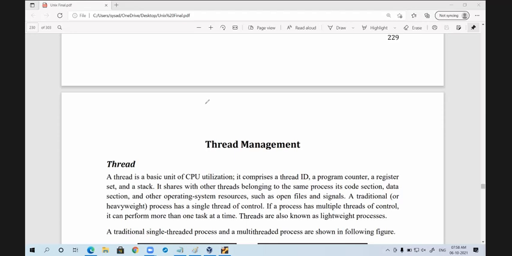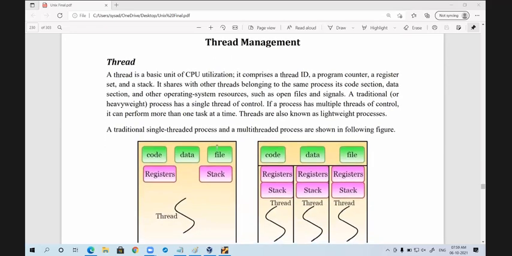So, what is the meaning of a thread? Thread is nothing but a small process in a big process. Thread is nothing but a lightweight process.